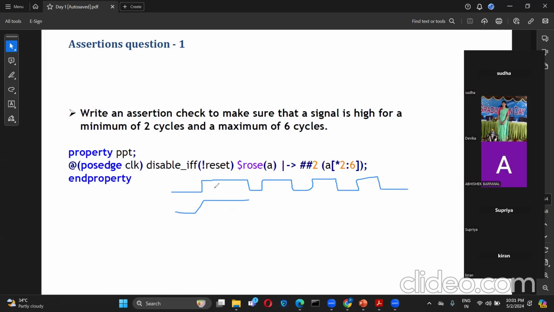Okay. So here this is the positive, this is the negative, this is the positive. For 2 clock cycles, it will not check anything. After 2 clock cycles, it will check that, and here A has to be high. So at this time, A has to be high. I have written it, right? It means it will not check whether A is going from 0 to high or not. It will just check that at this positive of the clock A is high or not. And then what did I mention? A has to be high for 2 to 6 clock cycles, right? So suppose my A is high for 2 clock cycles,